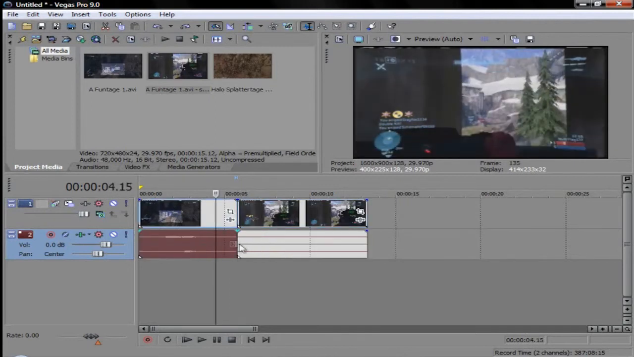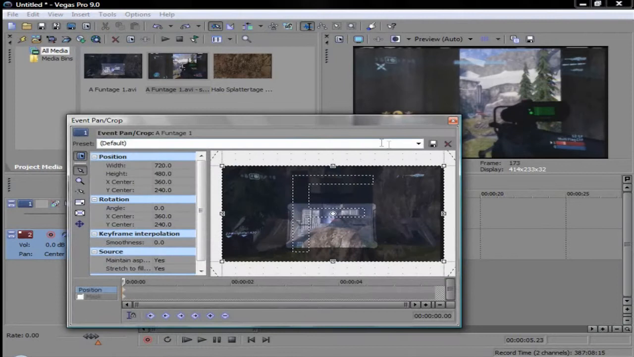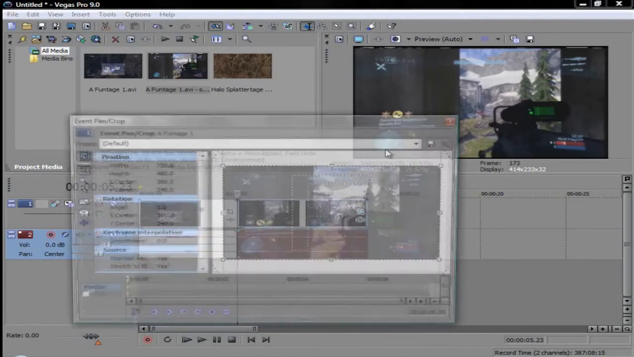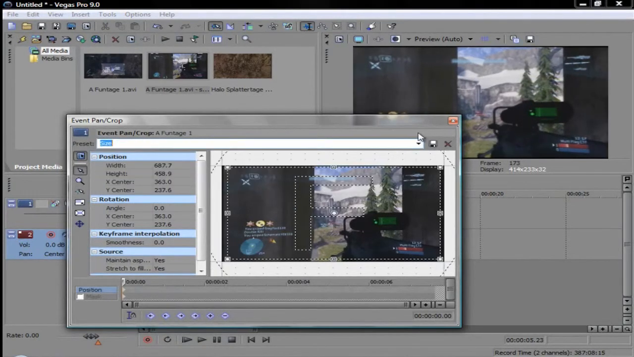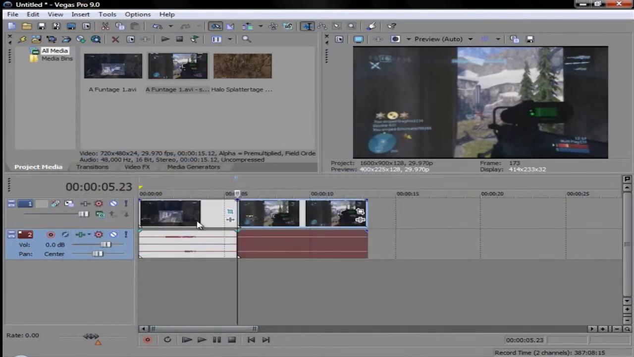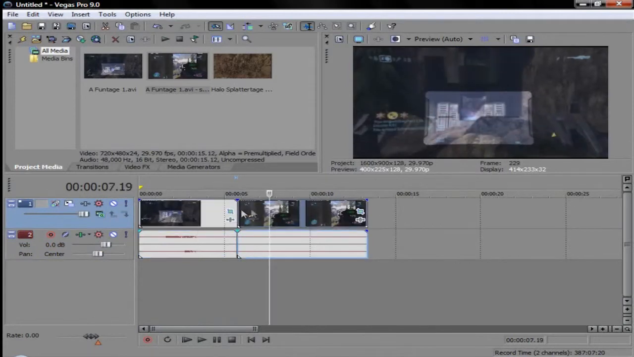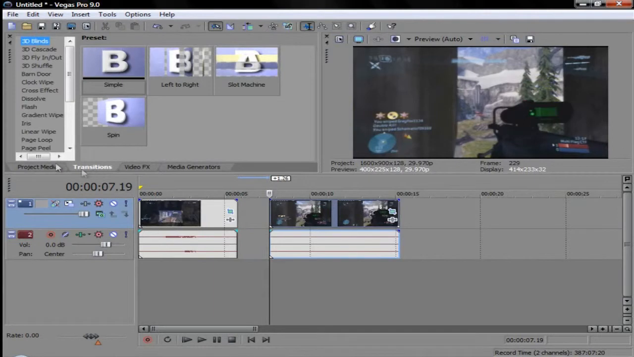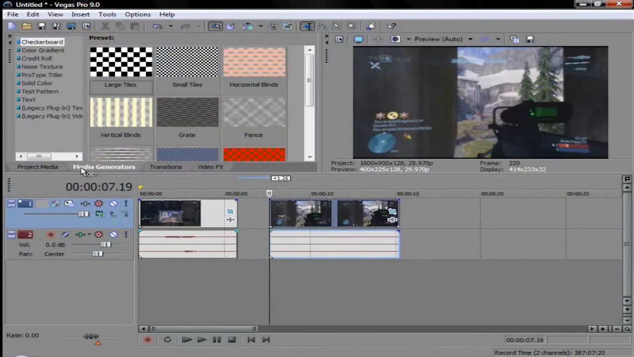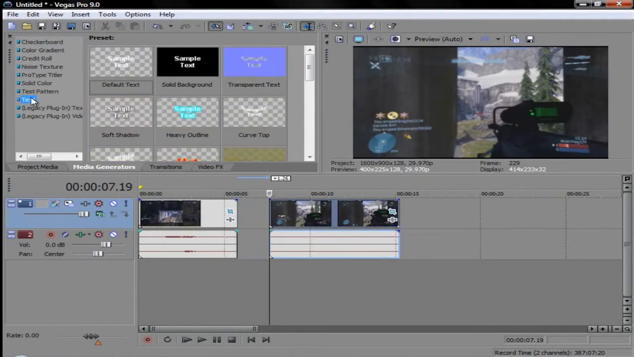So now that I have this cut here, I'm actually just gonna size it down because I'm OCD like that. Okay. So now that it's cut, I want to put text in between. So I'm gonna drag this over here, media generators here, and I'm gonna go down to text. I'm gonna take the text and just drag it in here,